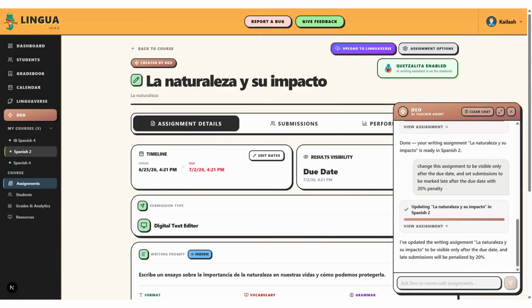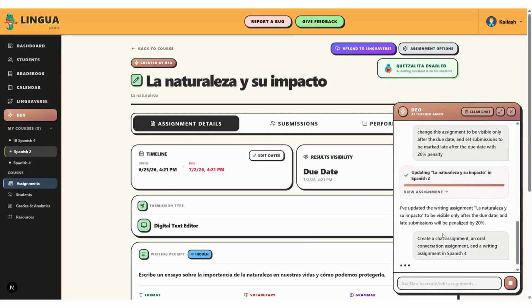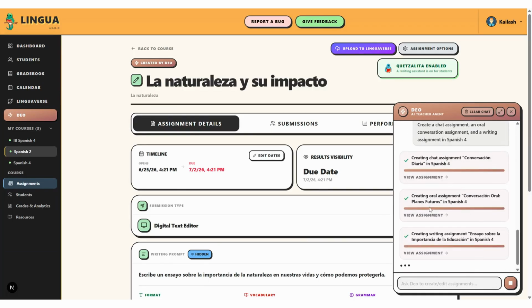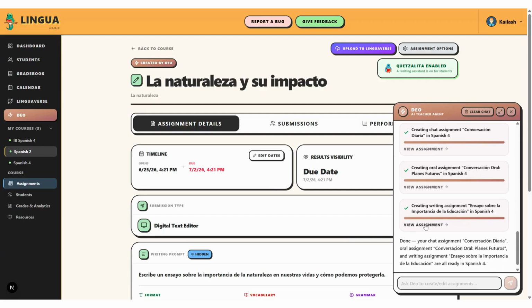So you can also ask Deo to create multiple assignments at the same time. For example, and if you don't provide a topic, then it'll just pick whichever topic it likes. And you see here, it created all these 3 assignments here,